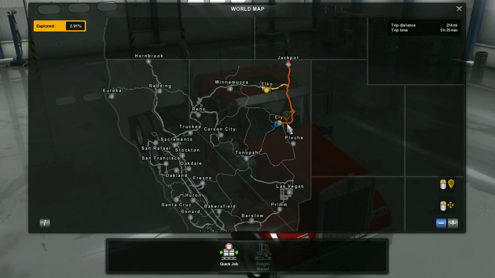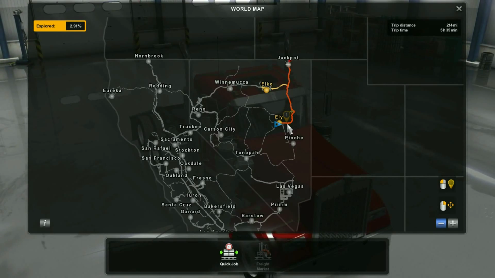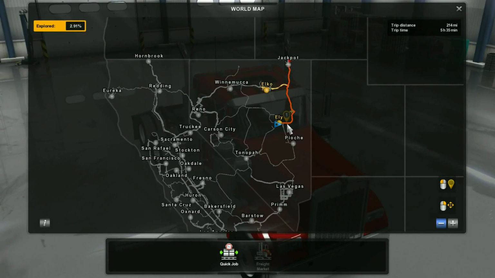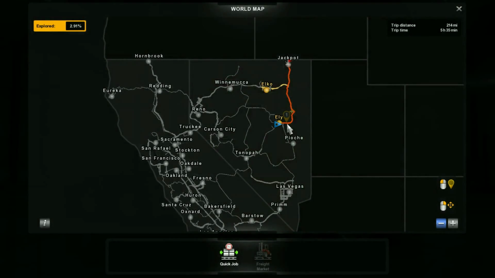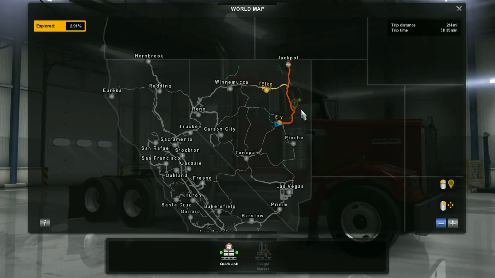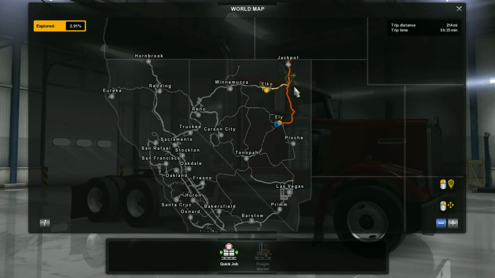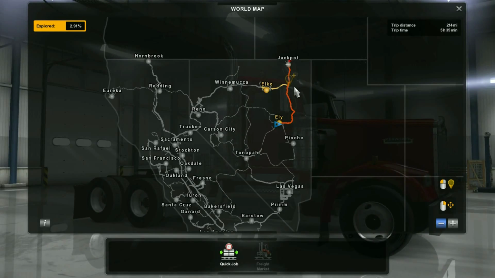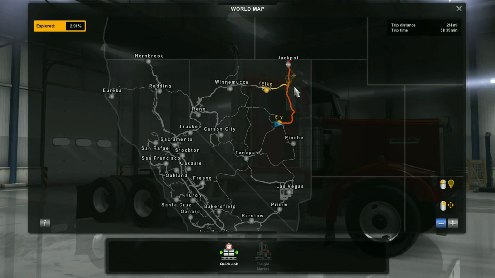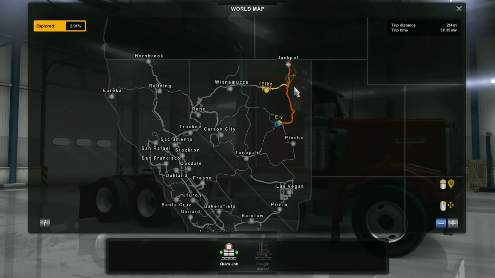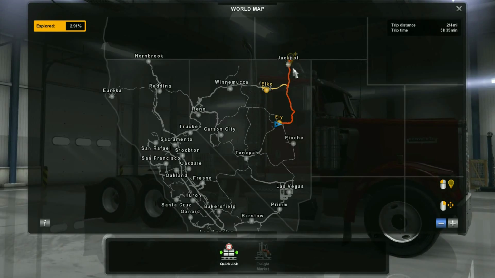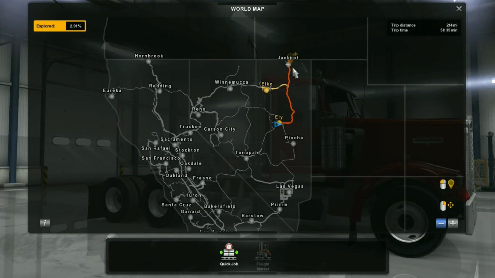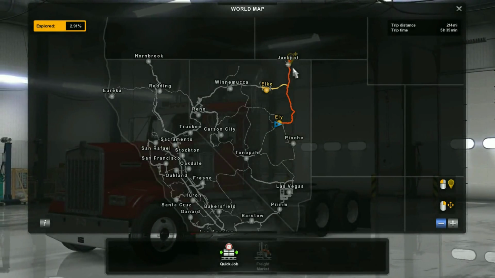But then you find out from another trucker. Now, of course, this is in real life. You find out from another trucker that, oh, well, they're doing construction from here to here. They got it down to one lane, and it's going to add on an extra 2 hours of your time. Well, you already know once you get to Jackpot and you drop off your load and you get unloaded, if